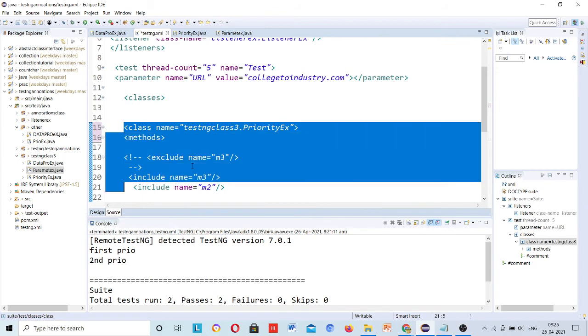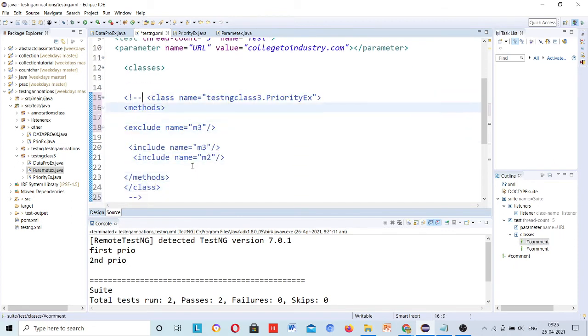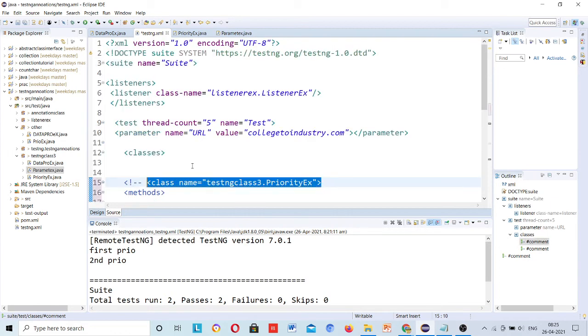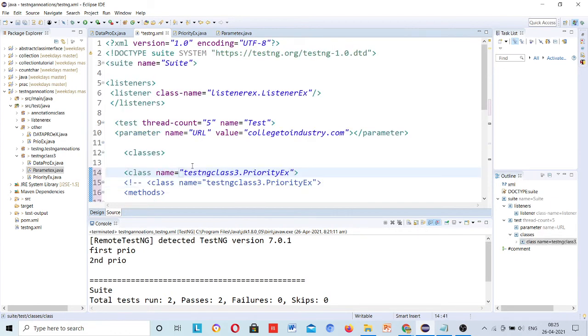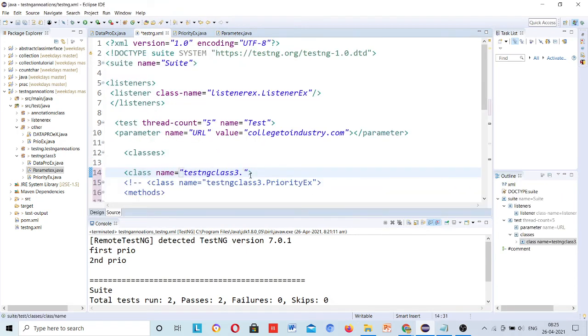I will not be running this class, so I am commenting this one, and instead of that I will add this simple one. I am commenting this one so that you can refer to it later. Priority X. So go to the class name, parameter, and I will be passing here.